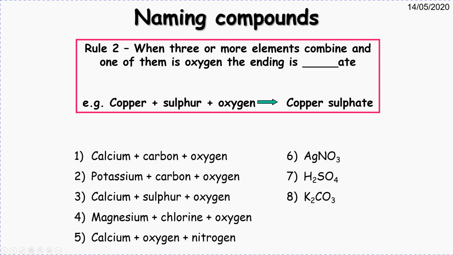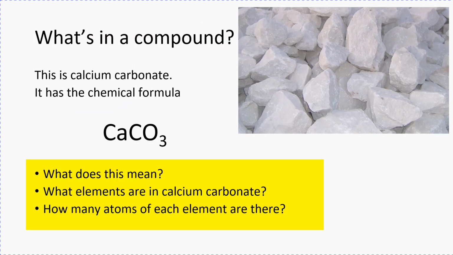Okay, don't worry too much about the numbers for the time being. Just try and identify what the symbols of the elements are. Don't forget, if it's got a big letter and a small letter, it's the same element. Okay, so in the case of number 6, Ag is the symbol for 1 element, not 2. Okay, then you've got N as a symbol and O as a symbol. Right, so we need to think about what these formula are telling us.